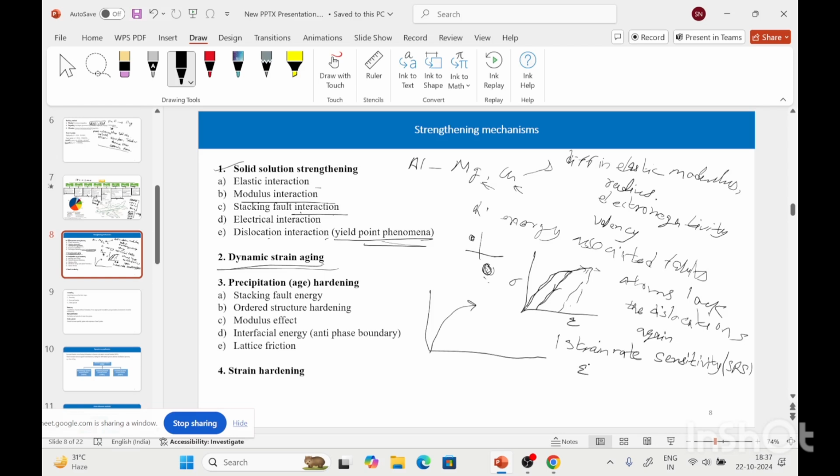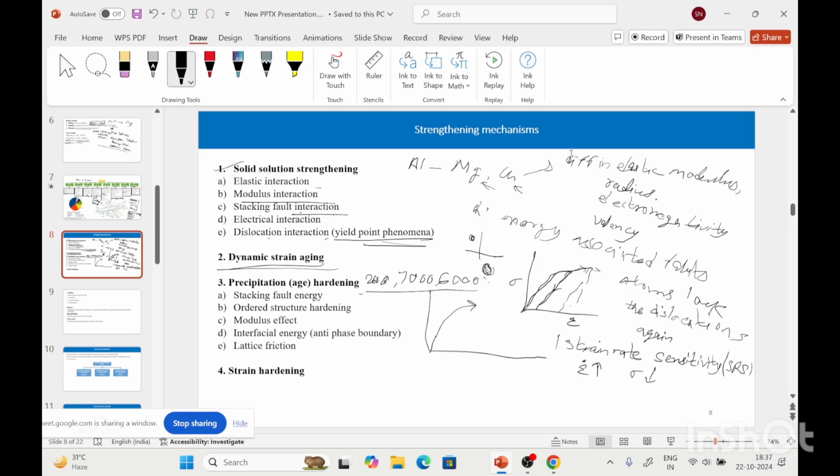So with increasing strain rate, the stress required for the deformation reduces. And next is the precipitation age hardening process. So the precipitation age hardening generally happens in the 2000 and 7000 series alloys, and 6000 also. So in these alloys, the alloying elements form intermetallic